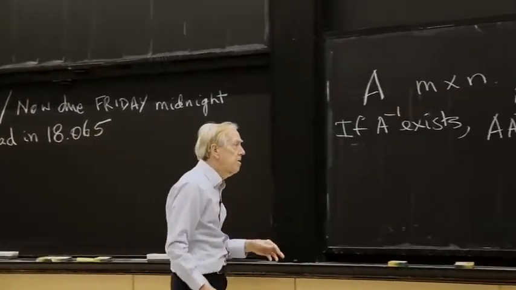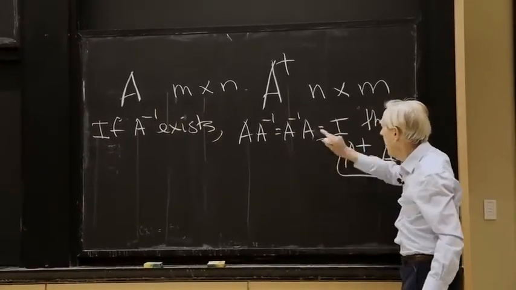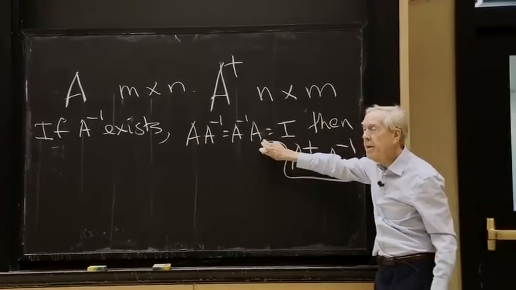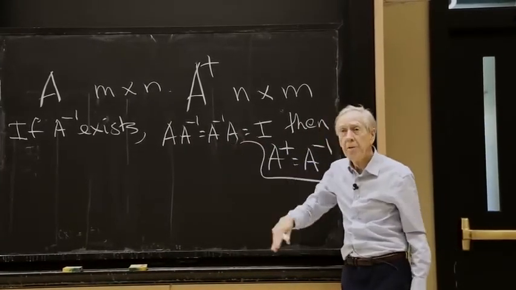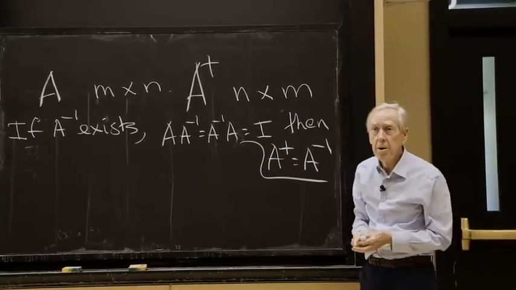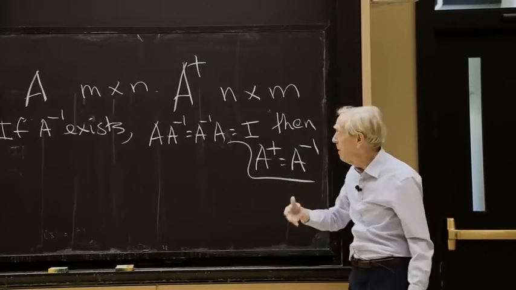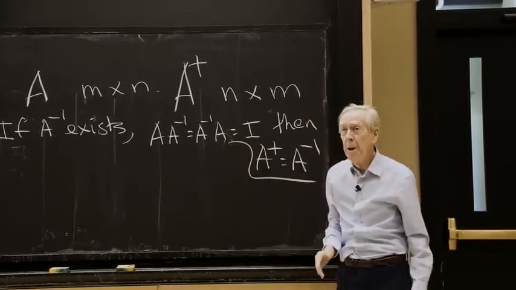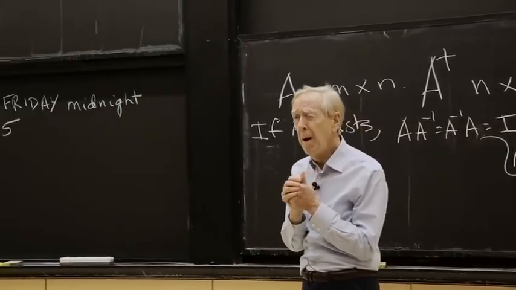If A has a null space, then when I multiply by a vector x in that null space, Ax will be 0. And when I multiply by A inverse, still 0. That can't change the 0. So if there's an x in the null space, then this can't happen. But so we just do the best we can. And that's what the pseudo